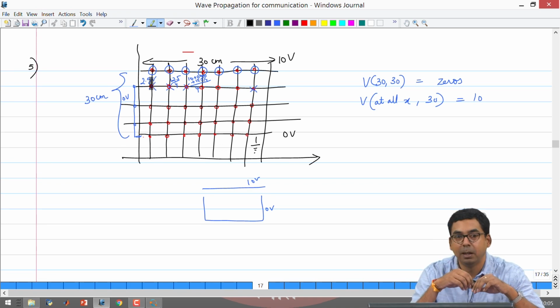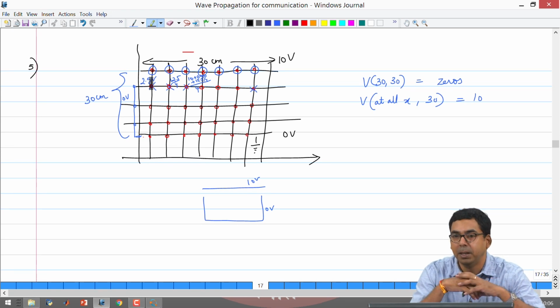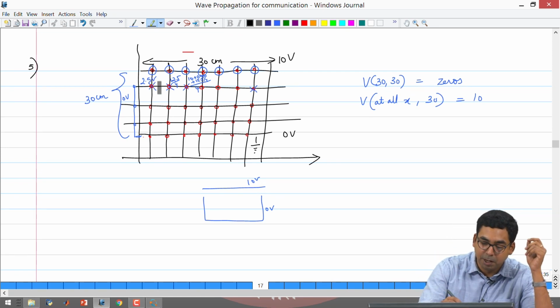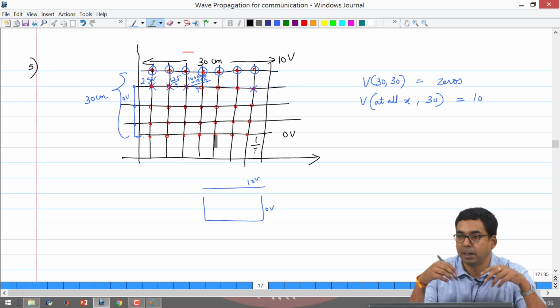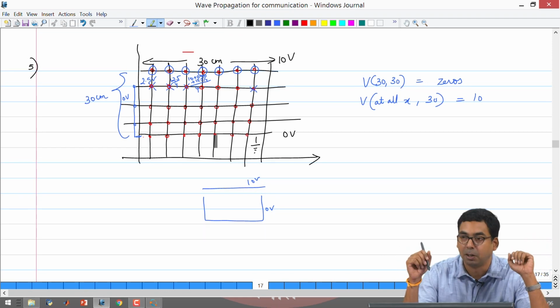Now, how do we determine what is significant and what is insignificant? Well, it depends on the application. If you wanted to know the voltage distribution inside the capacitor to some precision, say about 50 millivolts or 500 millivolts, that is the accuracy you need and you do not need more than that, then you set that as the error. If you want an extremely precise calculation, then you let the error be very small, like 1 nanovolt. Now, as you set the error between consecutive iterations to be smaller and smaller, the number of iterations that you need to perform will become larger and larger. So, that is the downside. The other thing is it is perfectly controllable.